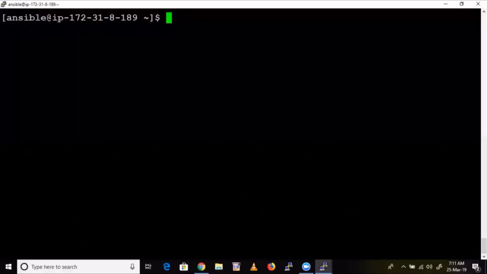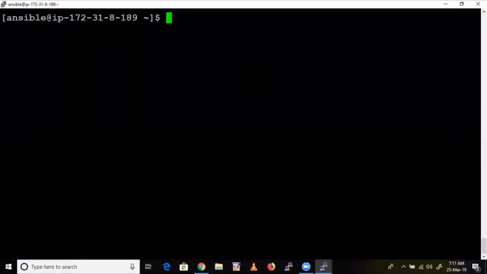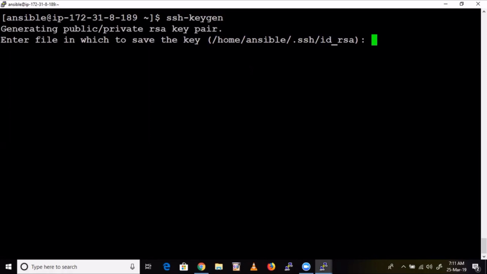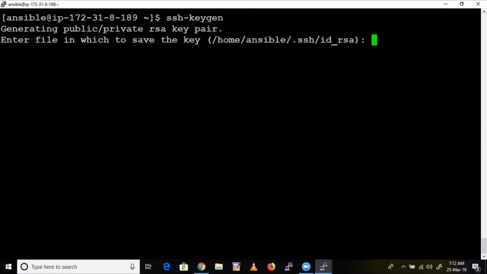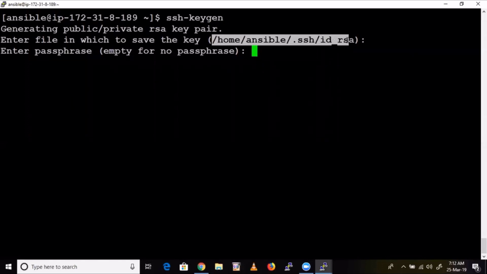Now how to create these keys? The command is here. Now see here, ssh-keygen. Enter. Now don't give anything here. Enter. It is asking for the file where you want to save this. If you don't give anything, it will be stored in the current directory only. If you want to change it, you can, but keep it like that. So the files will be under this level.